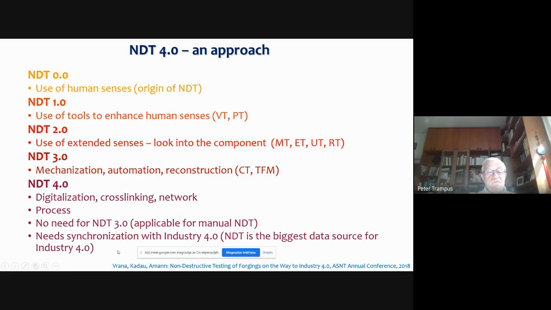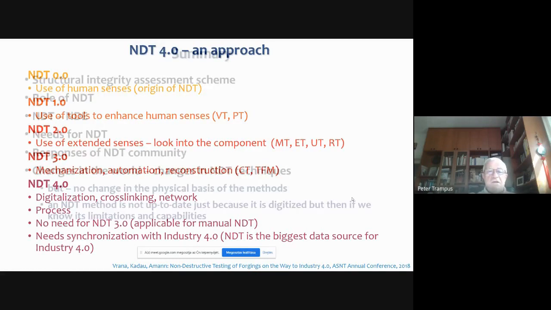It can lead to synchronization with Industry 4.0, because I'm an NDT fanatic, and NDT is one of the biggest data sources for Industry 4.0.